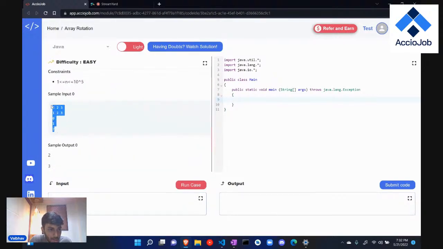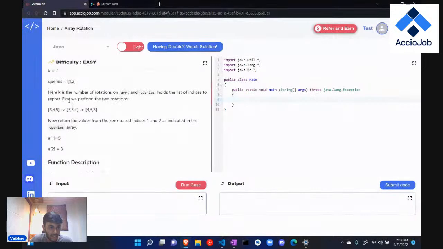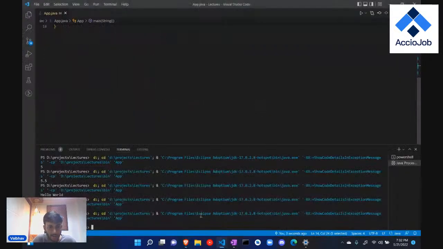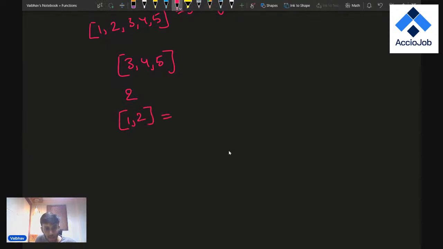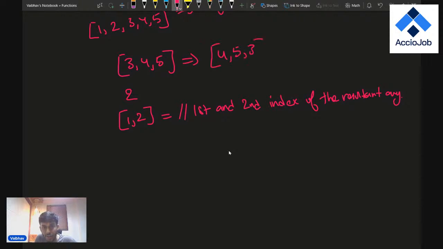This entire input we can take, or let's just take this example test case only. Let's say I have 3, 4 and 5. The array is going to be rotated 2 times and the user wants the first and second index of the resultant array. So if I rotate it 2 times, it is going to be first rotation 4, 5 and 3,